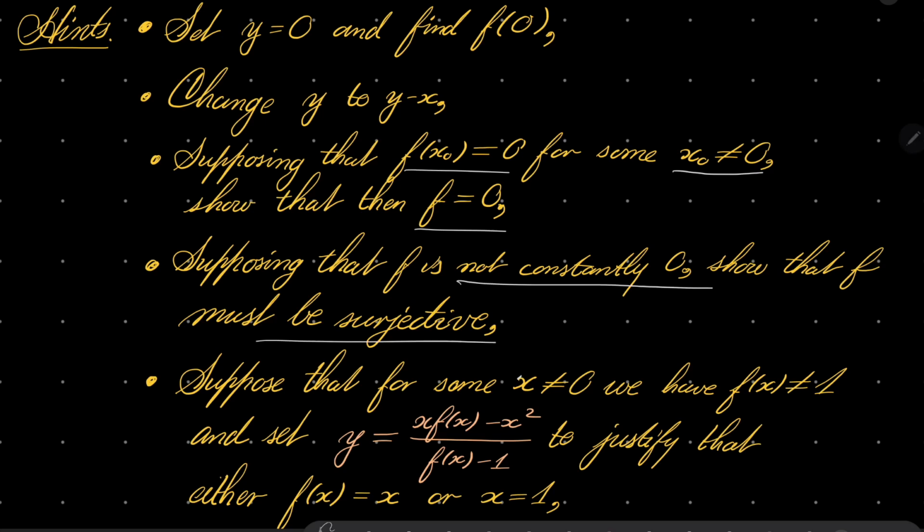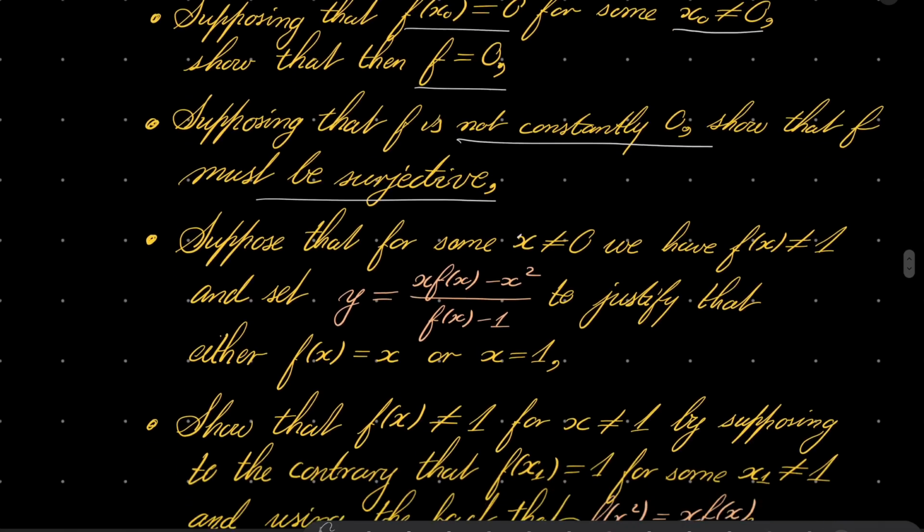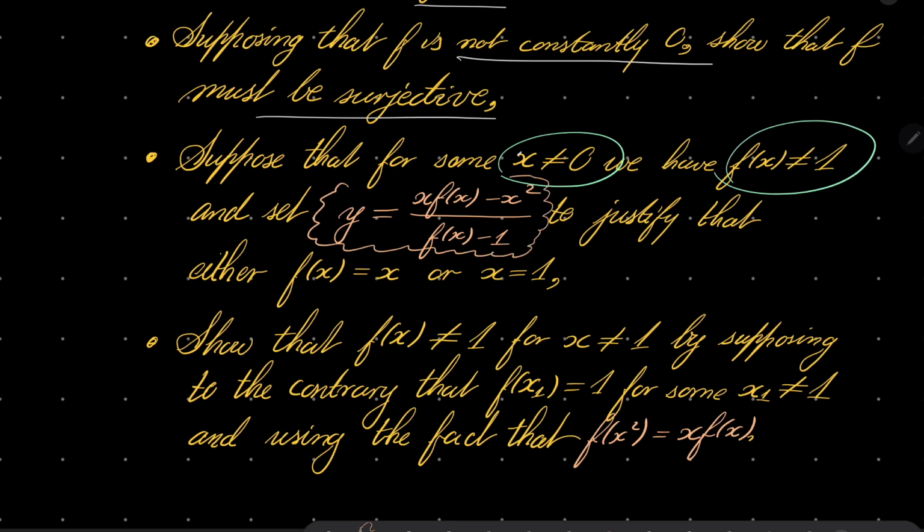And now, the complicated part, you should show the following. Supposing that for some non-zero argument x, the value of our function is not 1, show that we can set this argument x to be x times f of x minus x squared over f of x minus 1. Set this argument to show that our function is either x or x is 1, which is a very powerful